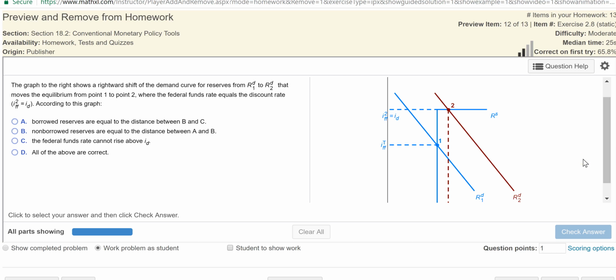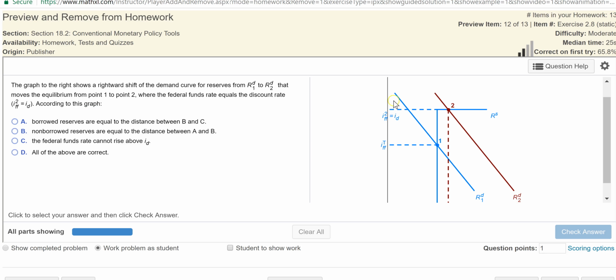This is question number 12 of homework 9. The graph to the right shows the rightward shift of the demand curve for reserves from R1^D to R2^D that moves the equilibrium from point 1 to point 2 where the federal funds rate equals the discount rate according